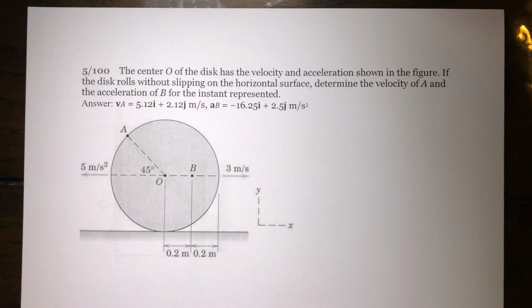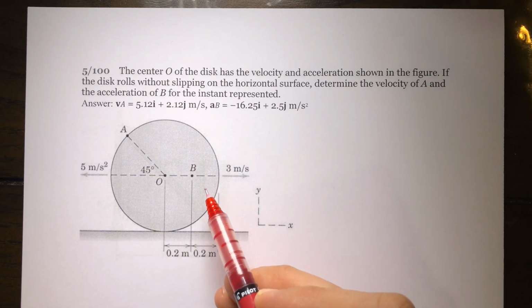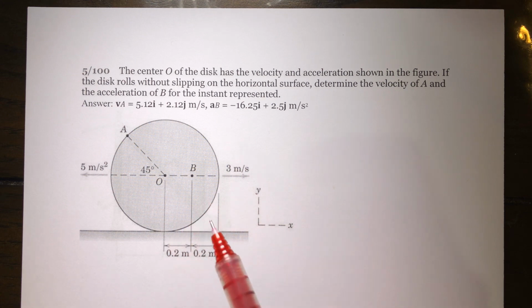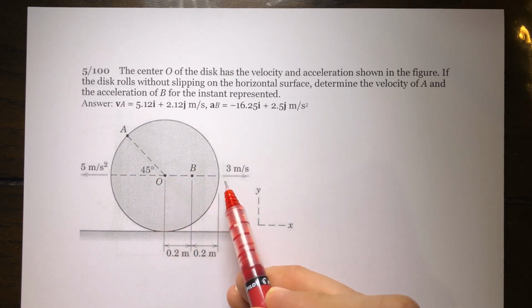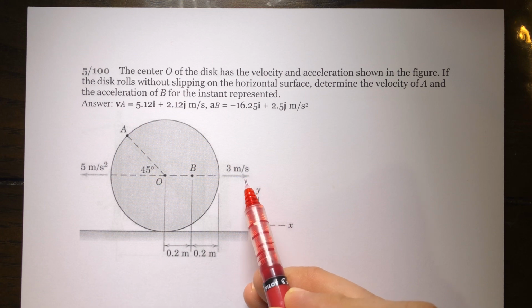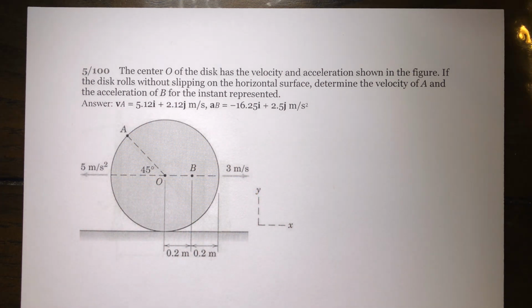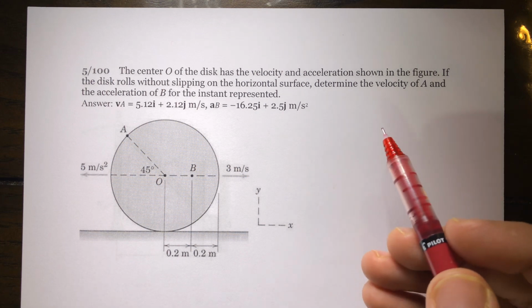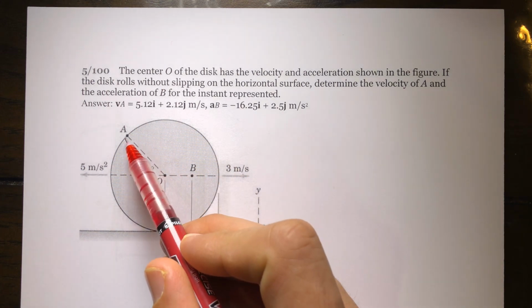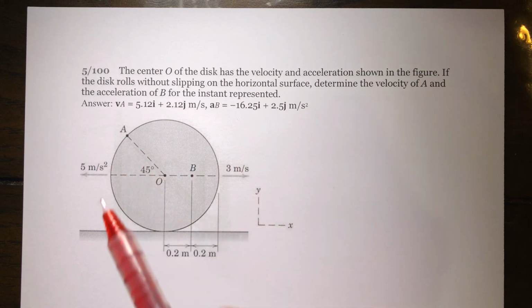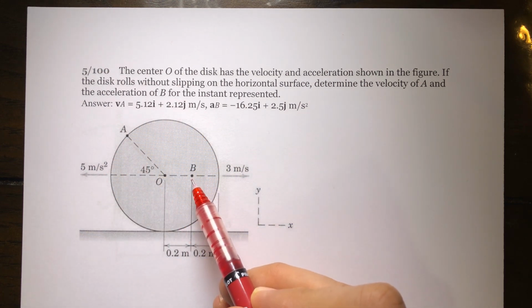Problem 100 in chapter 5. Here we have a disk which is rotating on ground without any slipping. And the velocity of the center is 3 meter per second to the right, but acceleration of it is 5 meter per second squared to the left. And the question has two parts. What is the velocity of this point of the disk, point A, and what is the acceleration of point B